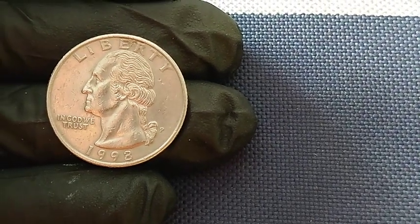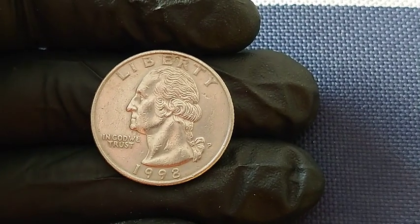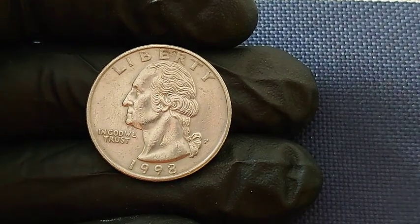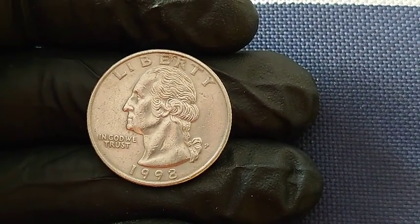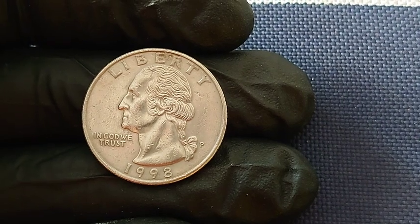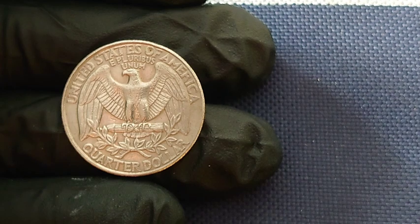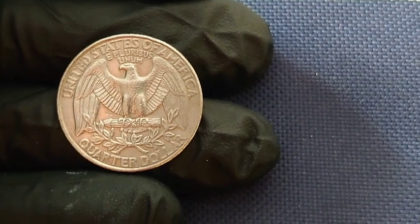And once this detail went public, the frenzy began. Collectors from all over the world began submitting their 1998 P quarters for review, desperate to find another like it, but to this day, none has surfaced, confirming that this coin is truly one of one, and its auction journey